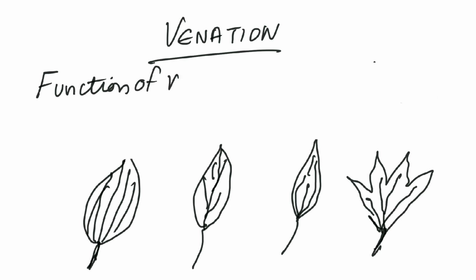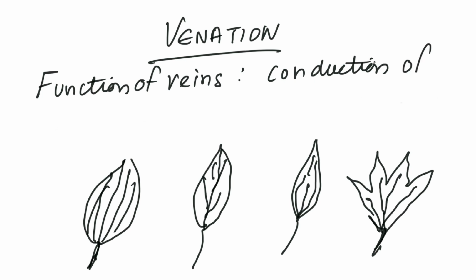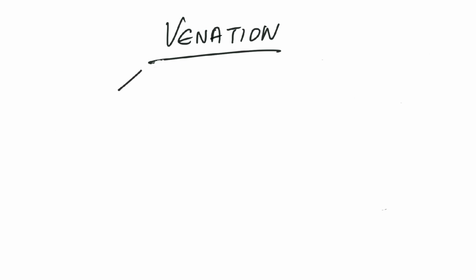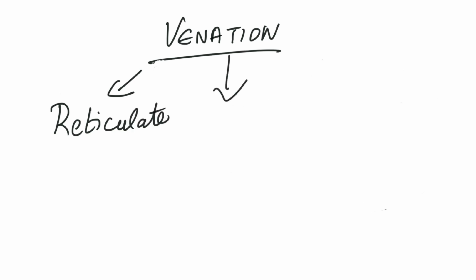So one question before going into the different patterns of venation is, what is the function of veins and veinlets? Basically, veinlets and veins, that is the vascular tissues, have as their basic important function the conduction of water and minerals. So that's their function. Now let's have a detailed look at each kind of venation, and we start with reticulate venation,